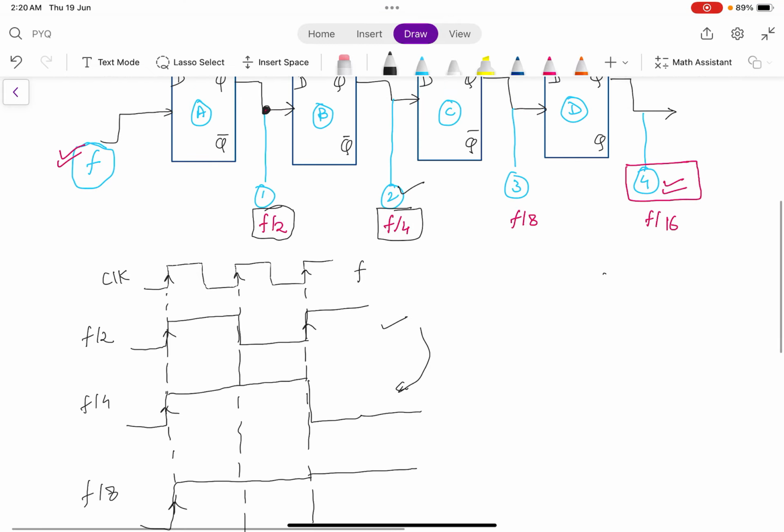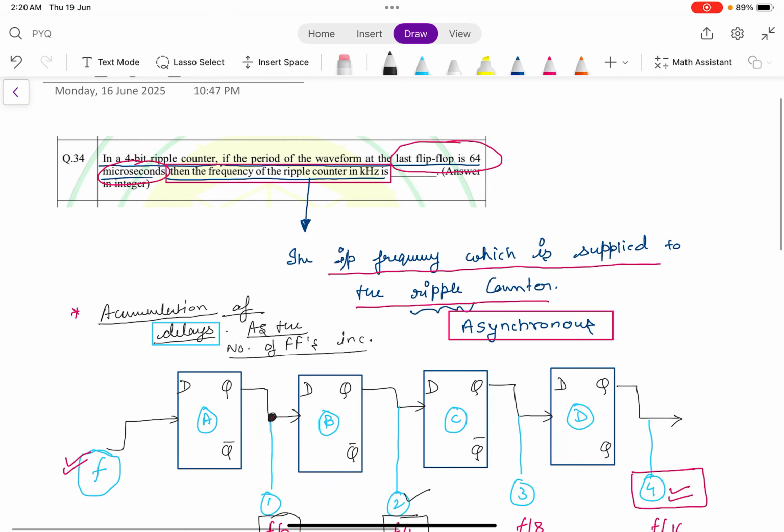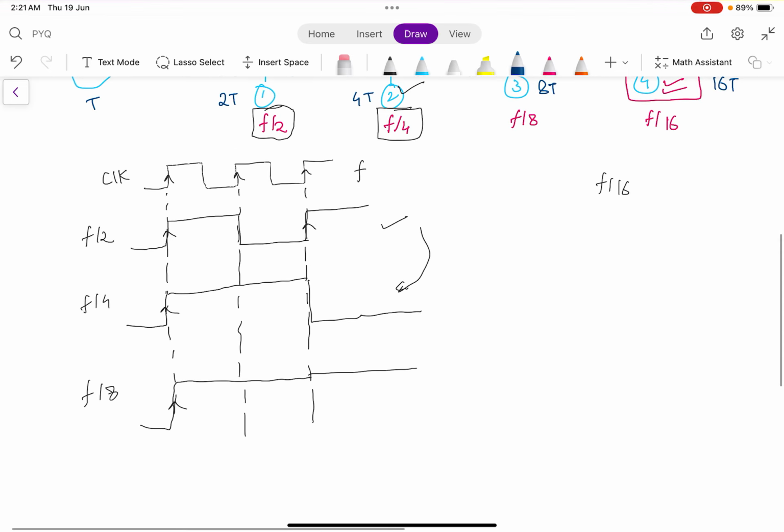Now f by 16 is the frequency of the last flip-flop, and the question is given about the time period. If the frequency gets halved, then the time period doubles: if it has time period t, then it becomes 2t, 4t, 8t and 16t. So 16t is equal to 64 microsecond. The t becomes 4 microsecond,